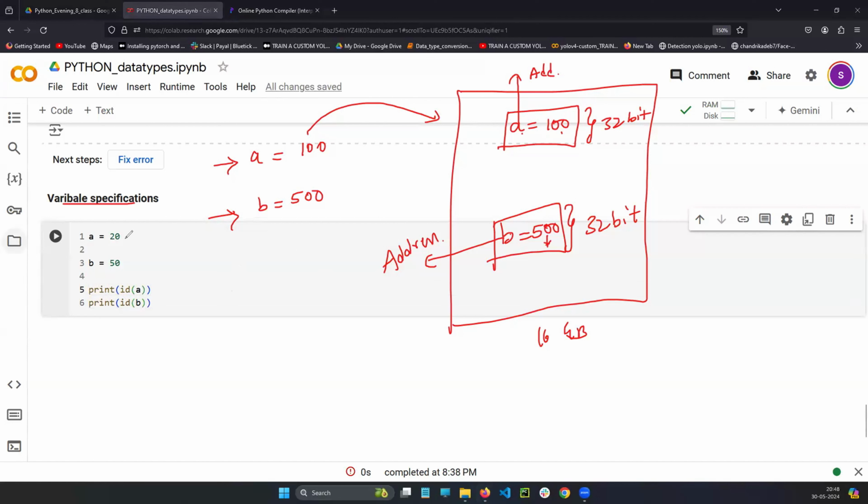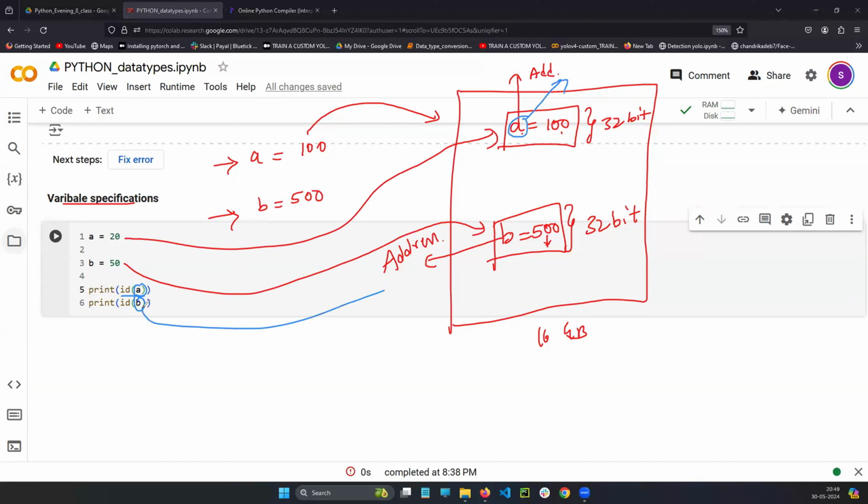First line saving in the memory. Second line saving in the memory. Fine. Third line print ID of A. What address does the variable A have? What is the address number? And B also, what is the address number? If I just run it,